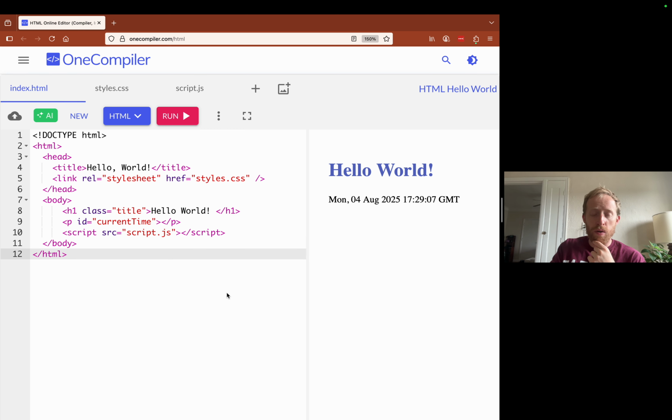Which of these do you think corresponds to this text over here? The hello world written within the H1 tag. Okay, written within the H1 tag. Why do you think that, Robbie? Maria, do you have a guess? Do you agree with Robbie, or do you disagree that this hello world corresponds to this one versus this one?